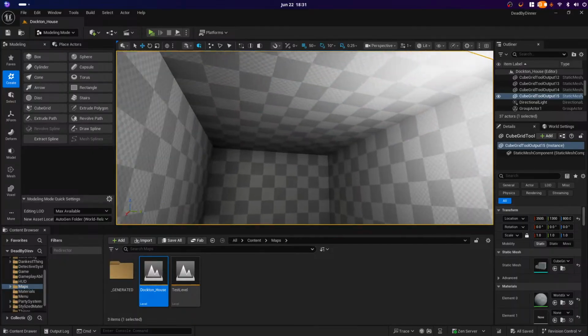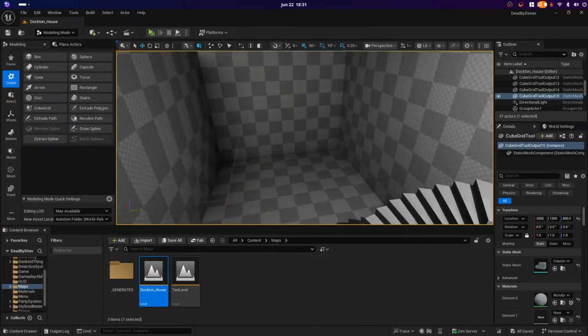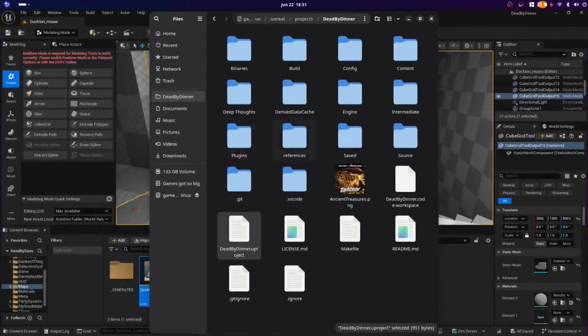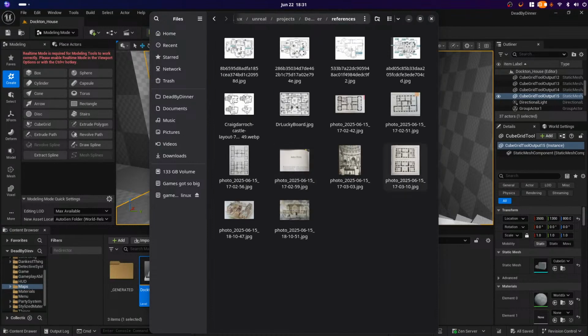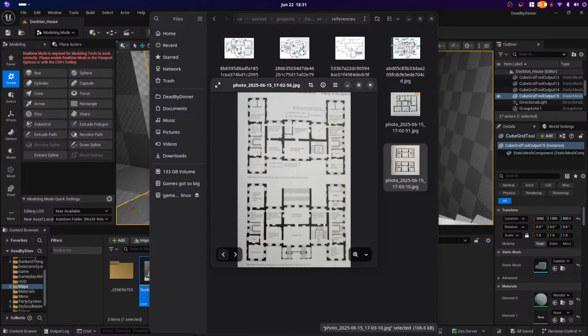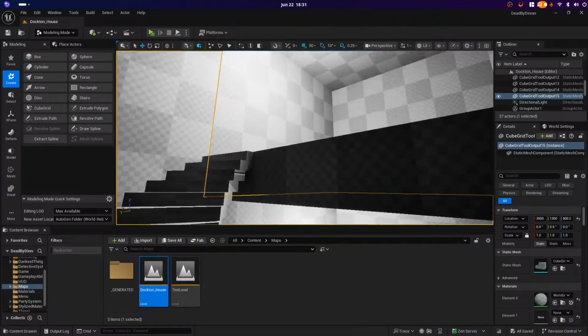This is a double-story room. It's an original house. Wait, I don't have that open, do I? Give me a second. An original house. That's not even the right one, is it? It's the chapel. So I'm going to do the same kind of thing, only on mine, I added a staircase so